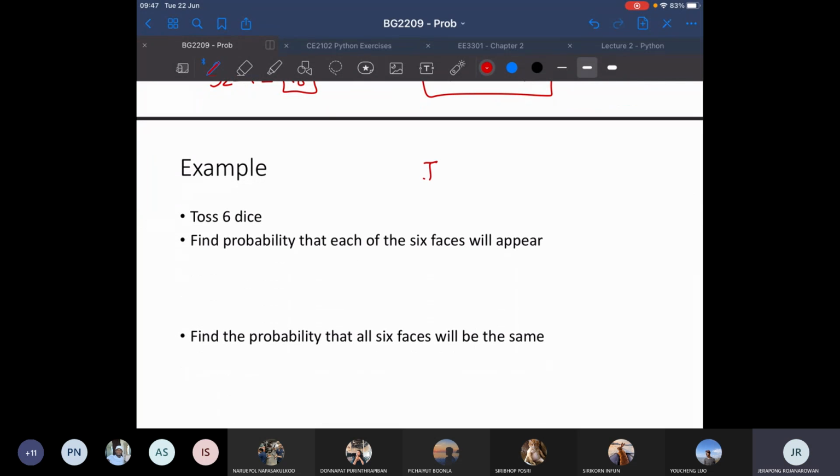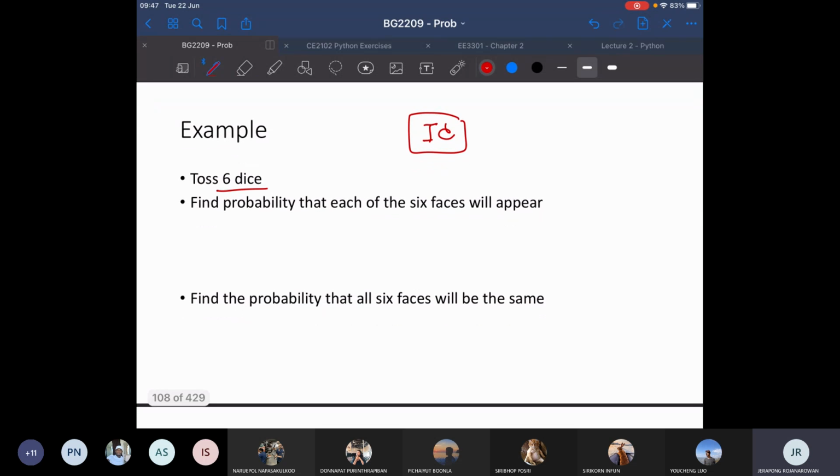Okay, you try this one. You toss 6 dice. In this case, what you have to think about is you have to imagine that the 6 dice are different. You can think of them as different colors basically, maybe one